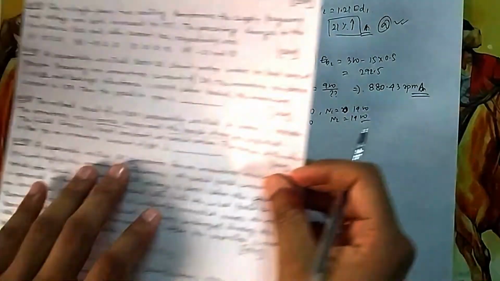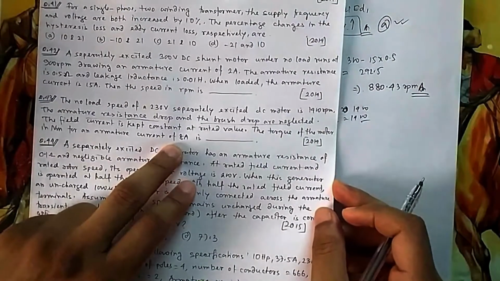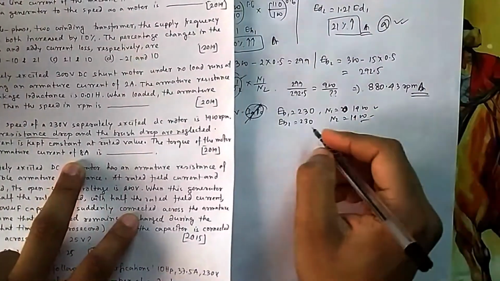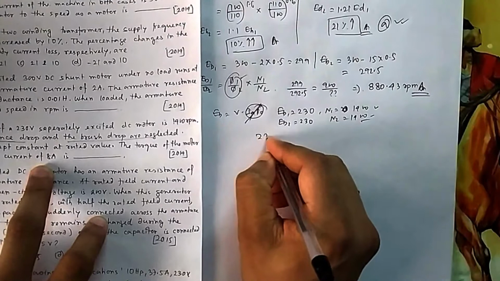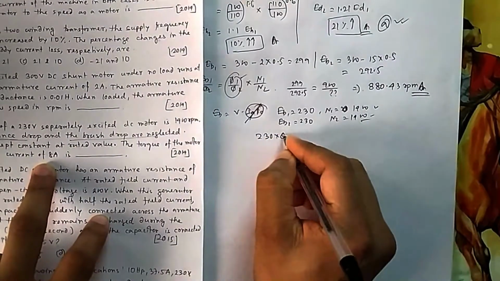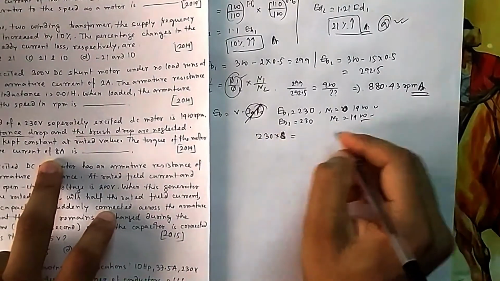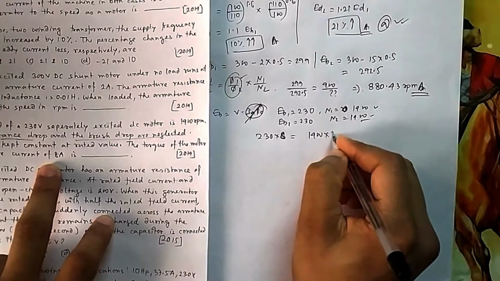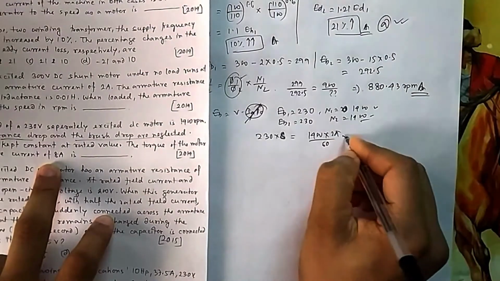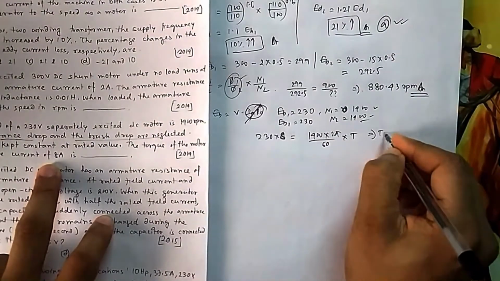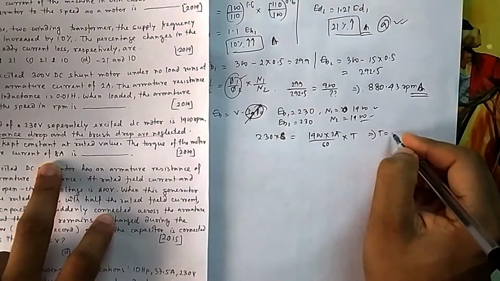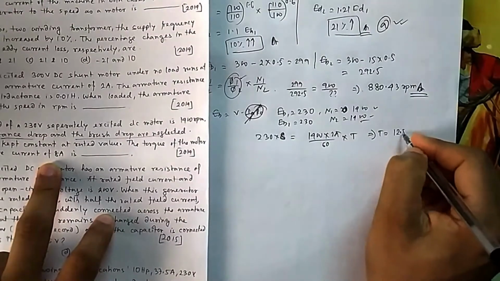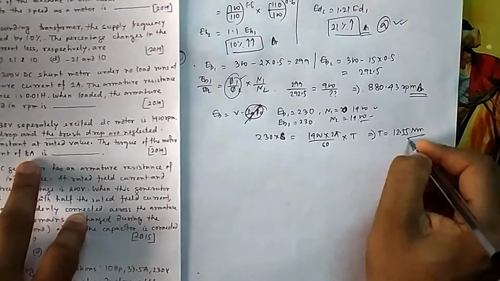Now because they have given the armature current as 8 ampere, and you know the speed also, you know your power is 230 into 8, that is EB into Ia, equal to torque into omega. Speed you know, this into 2 pi divided by 60 gives radian per second, into torque. So from here you can calculate your torque, that is equal to 12.55 Newton meter. So that is your answer.